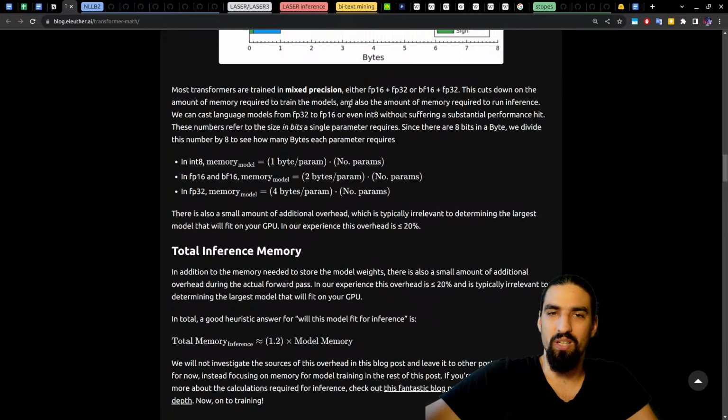Most transformers are trained in mixed precision, either FP16 plus FP32 or bfloat16 plus FP32. This is the compute data type. This is the storing of the weights. This cuts down on the amount of memory required to train the models, and also the amount of memory required to run inference. We can cast language models from FP32 to FP16 or even int8 without suffering a substantial performance hit. I think that's one of those unintuitive moments. So you can cast a model to int8, which is like literally what, 256 values, and still not lose a lot of performance. That's like Tim Dettmers' work on